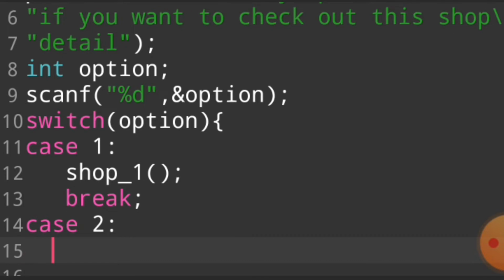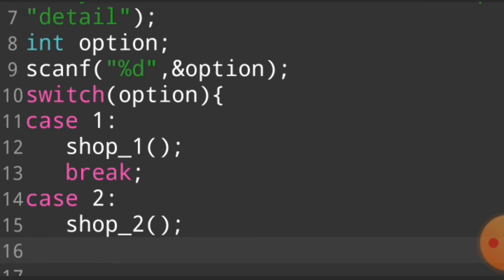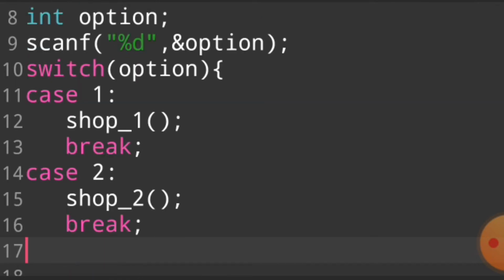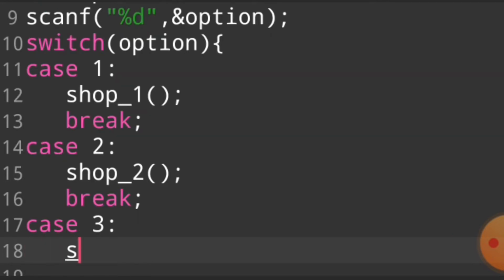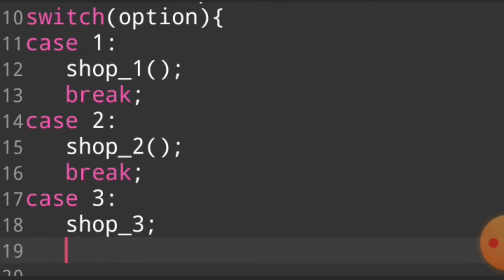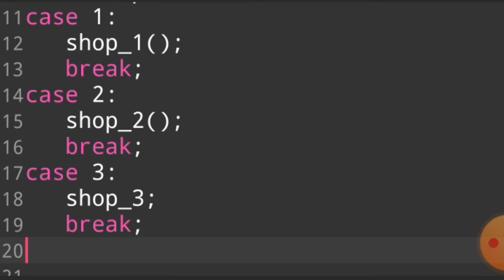And then if our user writes 2, we call the function shop number 2. Don't worry guys, we will make a function named shop number 2. If our user enters 3, we call shop number 3 and then break.